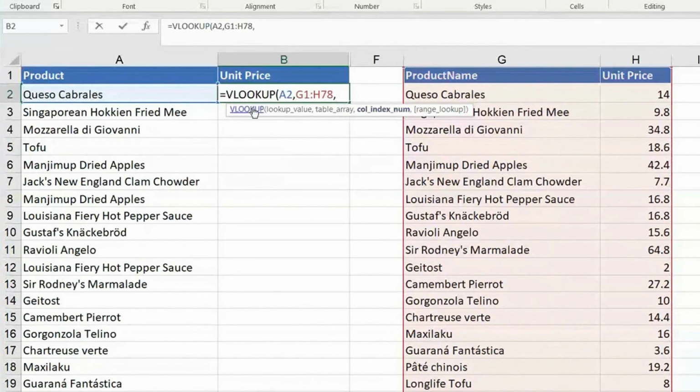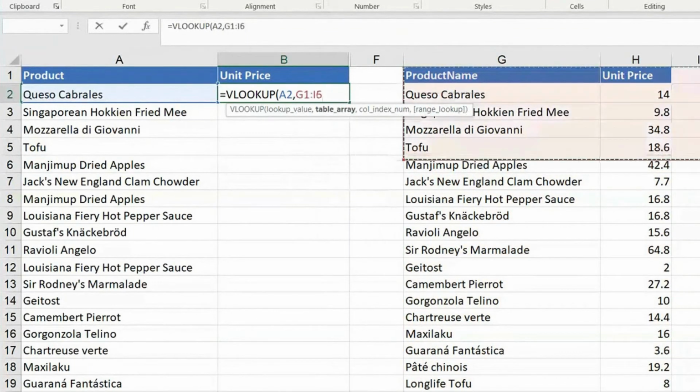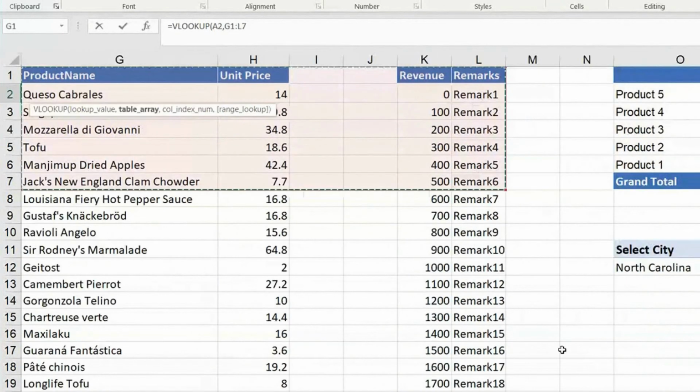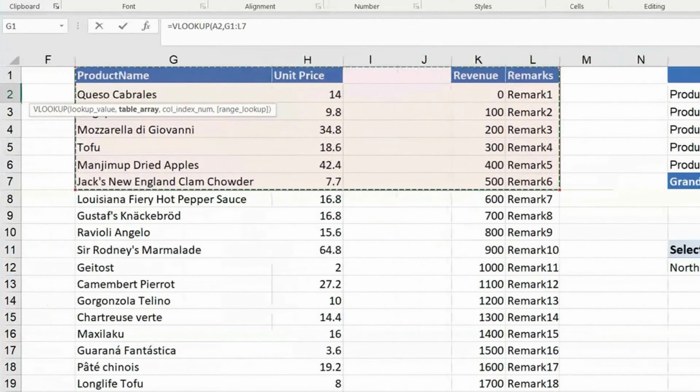A third input of VLOOKUP. Now you have to give the column index number. Column index number is basically the retrieving information. How should Excel know what you are trying to bring here? Actually, we are trying to bring the price. How should Excel know that? You should tell it by a number. So this is the second column from name. From product name, price is second. Imagine your table was this to this. I'm telling guys who are new to this concept.